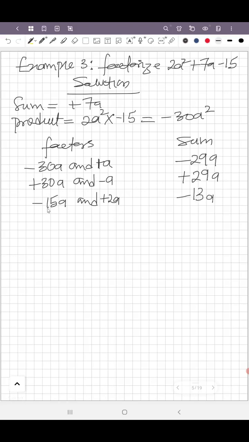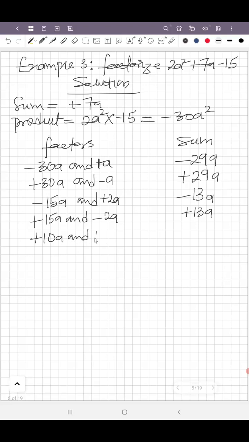Change the sign of minus 15 to plus 15 and minus 2a. When you multiply plus 15a by minus 2a, it surely gives us minus 30a squared. So therefore, we have plus 13a. So the next procedure is, let's have plus 10a